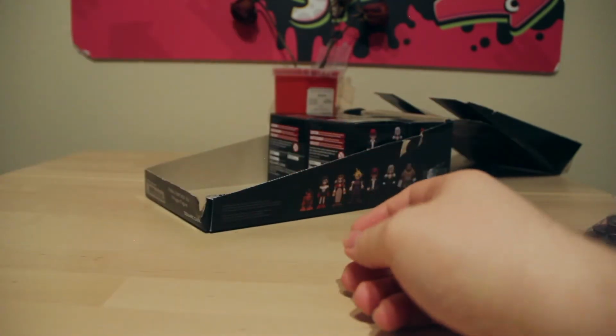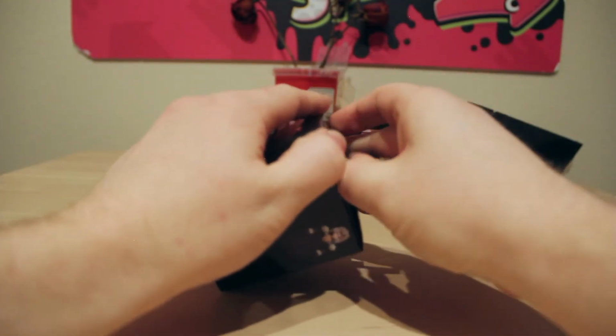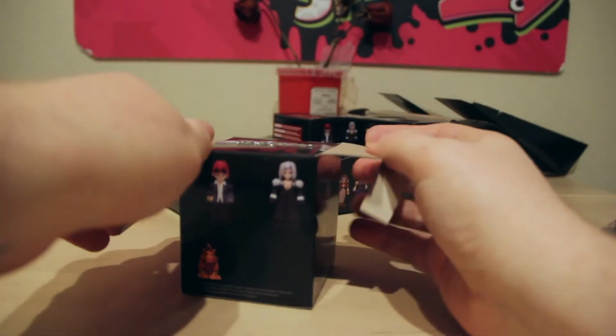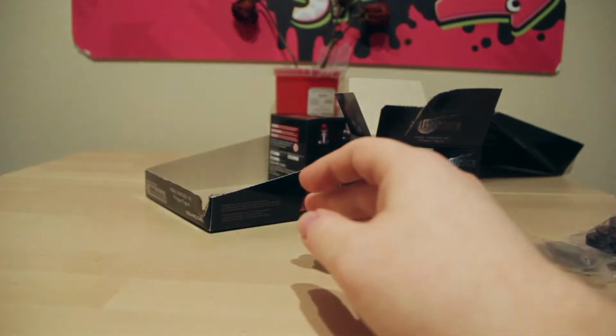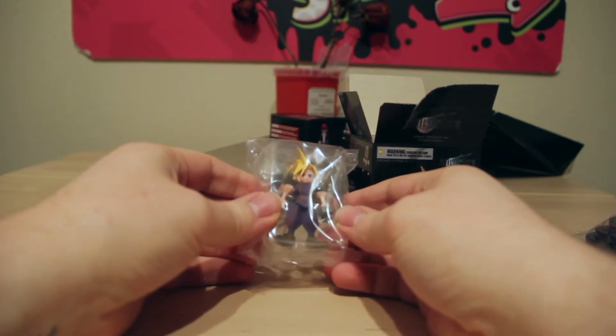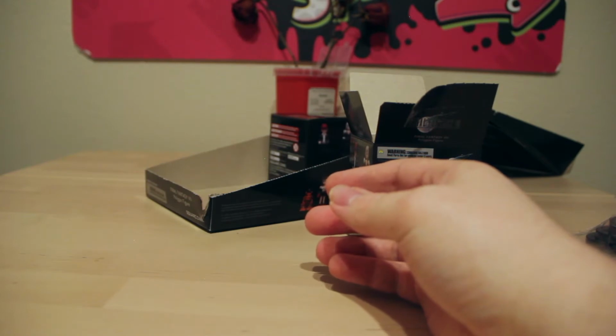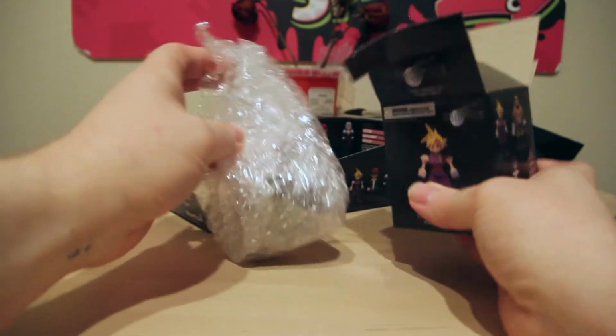So the value on this whole box is, I think it's about $60. I think it's like $64. Which puts each of these at like $8. So honestly, I think that's a pretty good deal. They're so nice looking, even though they are a little on the small side. We'll try and get a closer look at the eyes here in a minute, because that's kind of, oh, and